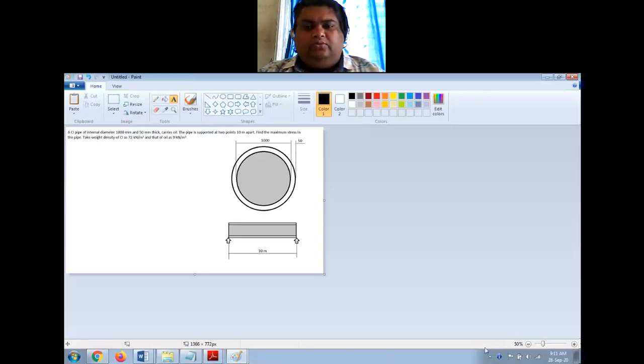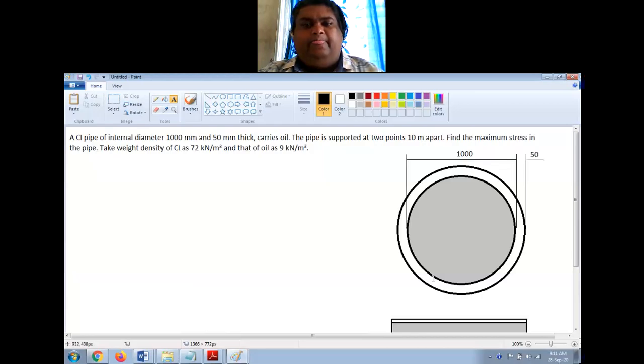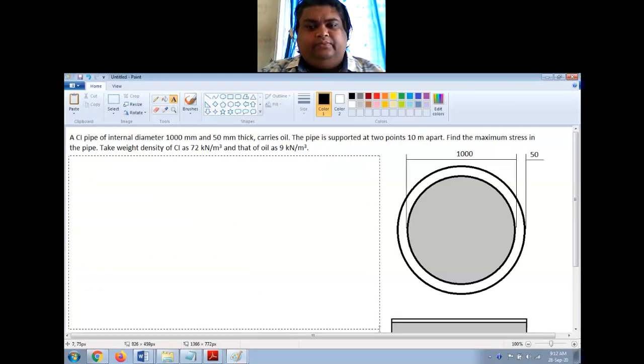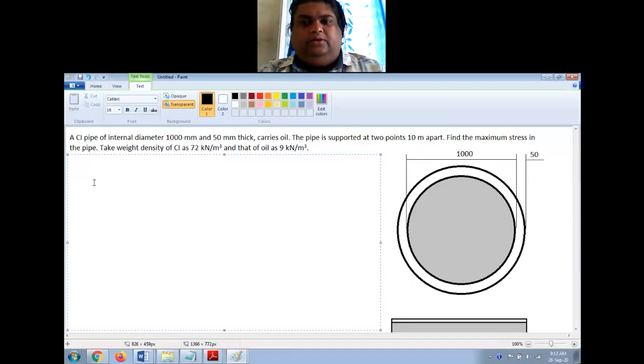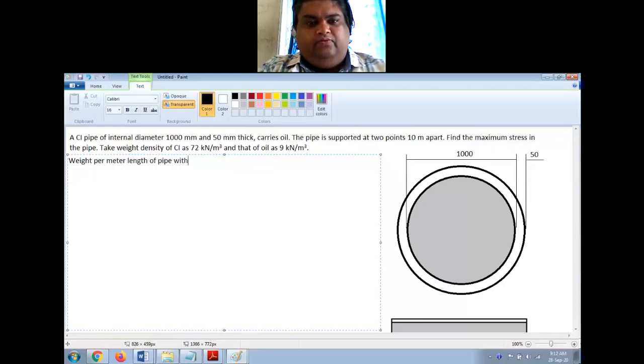Okay, so what we have to do is first we have to find the load on the beam and then we have to start. So let me start with this. Okay, now see I have two weights here. One is of the cast iron pipe and the other is the oil which is present inside this, right? So weight per meter length of pipe with oil,